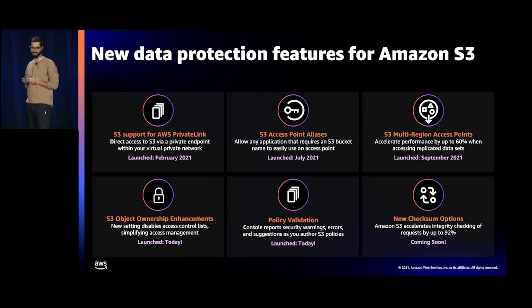And finally, we announced a brand new checksumming feature, a set of new data integrity capabilities in Amazon S3 that you can use when uploading and downloading objects from S3. One more part I would like to add here is that these checksum capabilities are applicable to all the object types in S3, whether it's a multi-part upload, single upload, or encrypted objects.